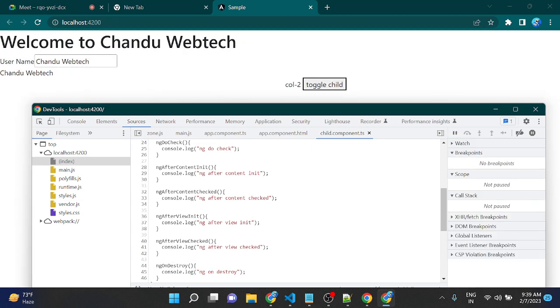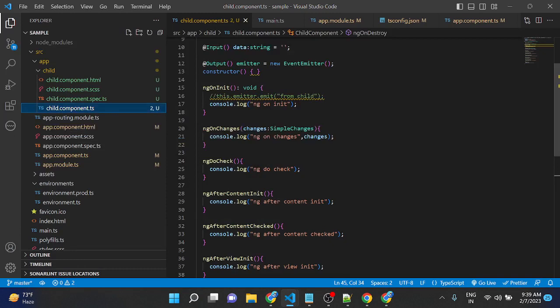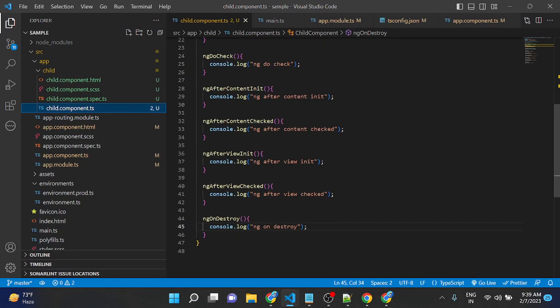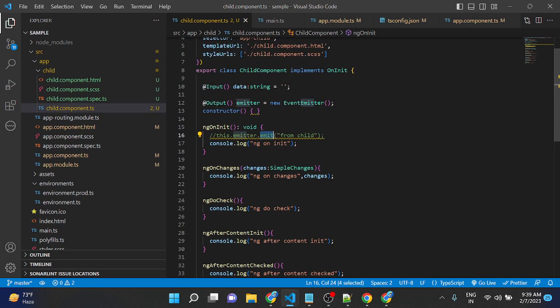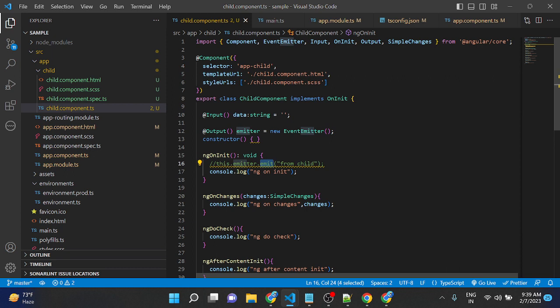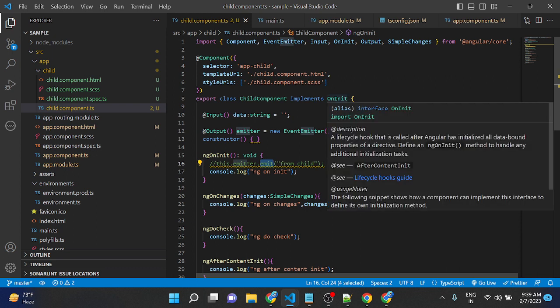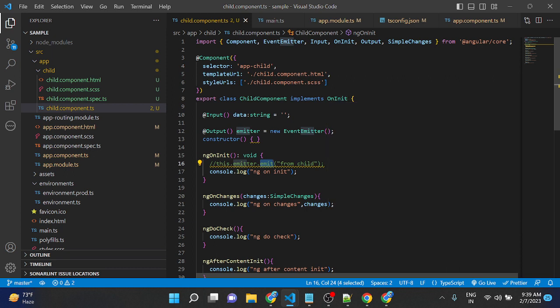And right now I have kept only console logs, but you guys can do any operation. Like yesterday, we did emitting a particular value through the output event emitter. And one more thing you guys should know, by default in Angular